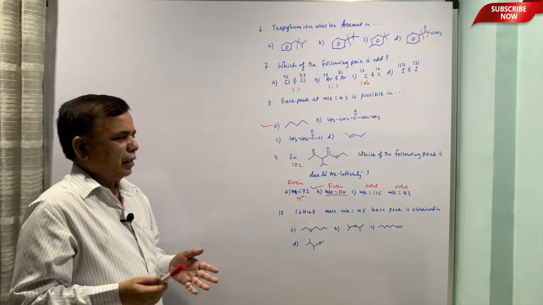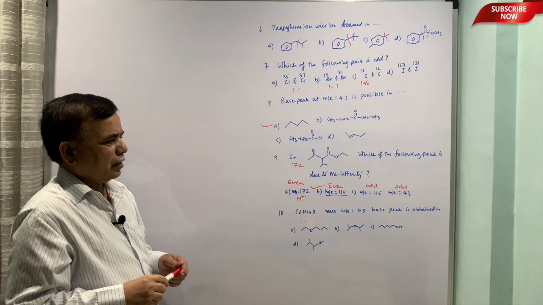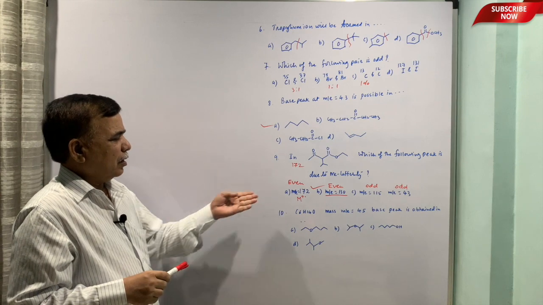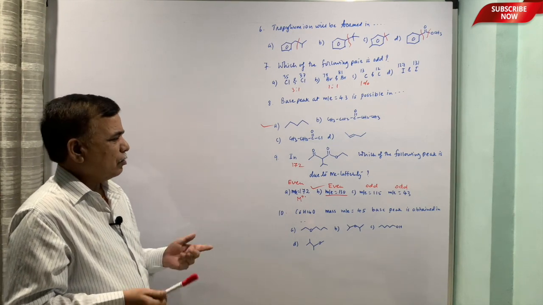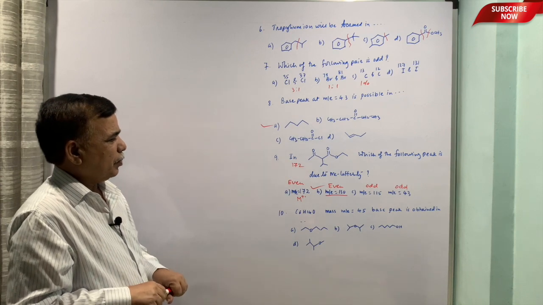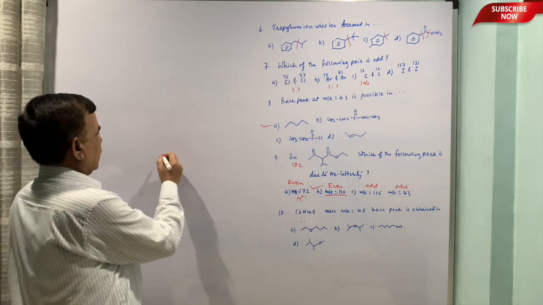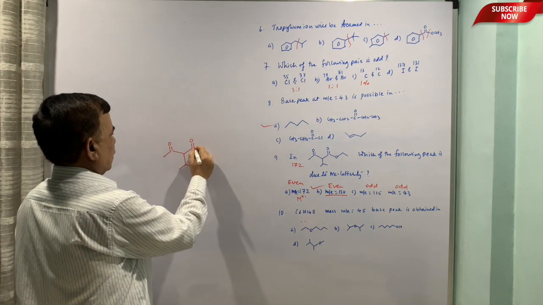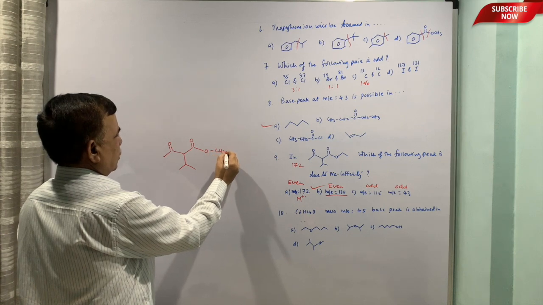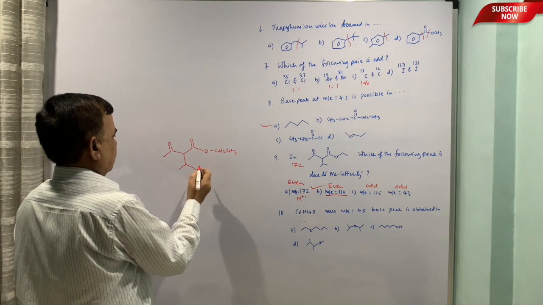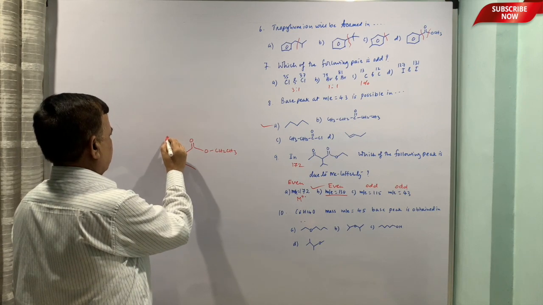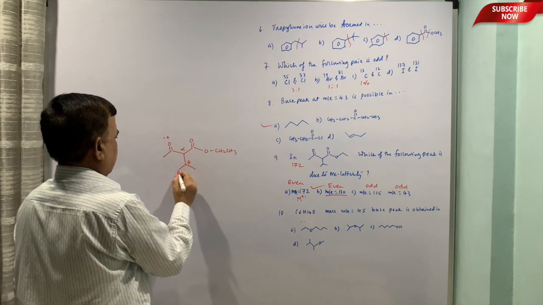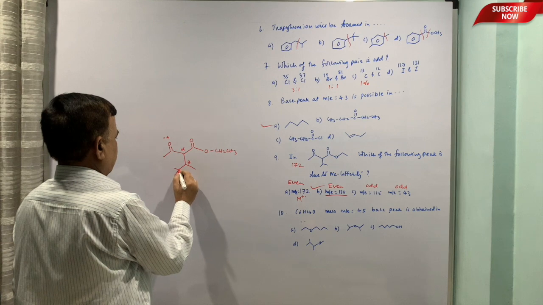So, 115 and 43, both are ruled out. This is by default the molecular ion, so it is not the rearrangement peak. The peak is the second one, that is 130. We have already seen this kind of thing. You can show it this way also, no problem. Alpha, beta, gamma hydrogen. So, let me put the hydrogens here.